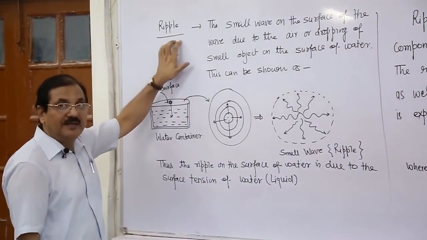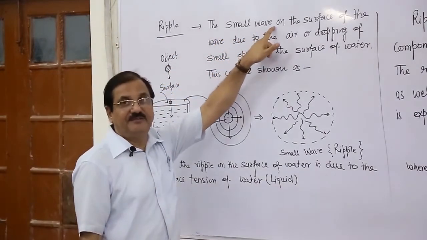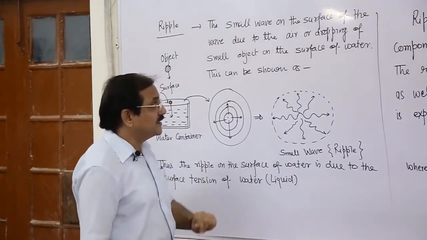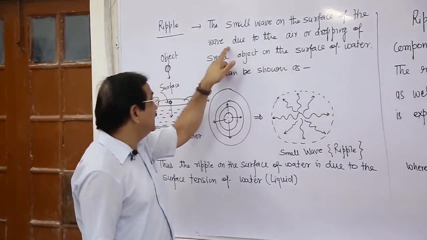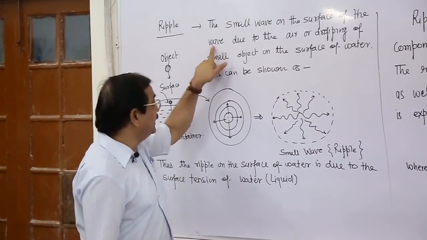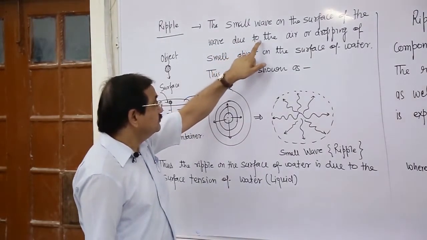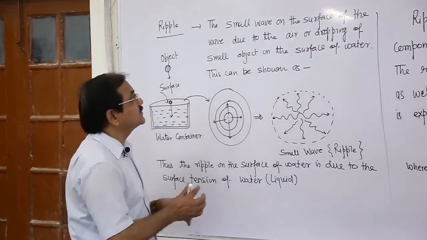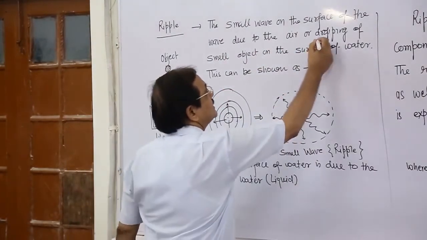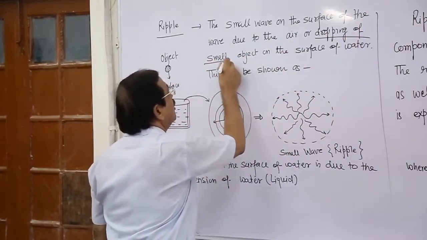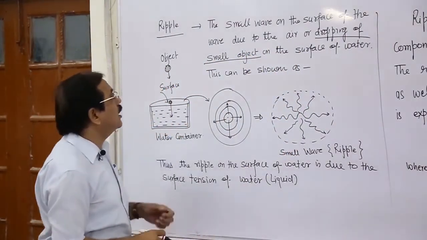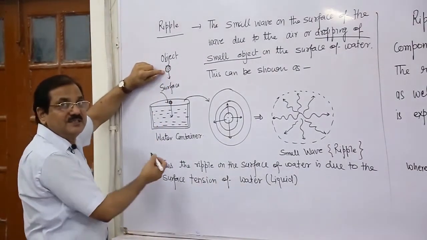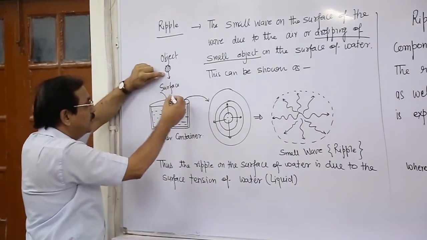Ripple is defined as a small wave on the surface of a liquid due to air or the dropping of a small stone. When this small object is dropped on this surface,